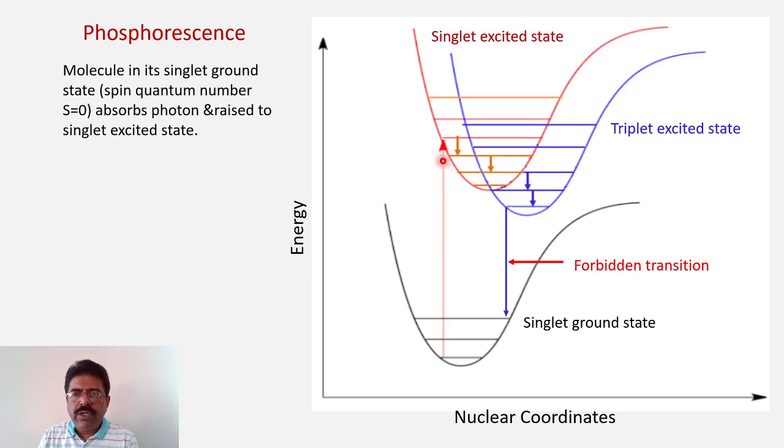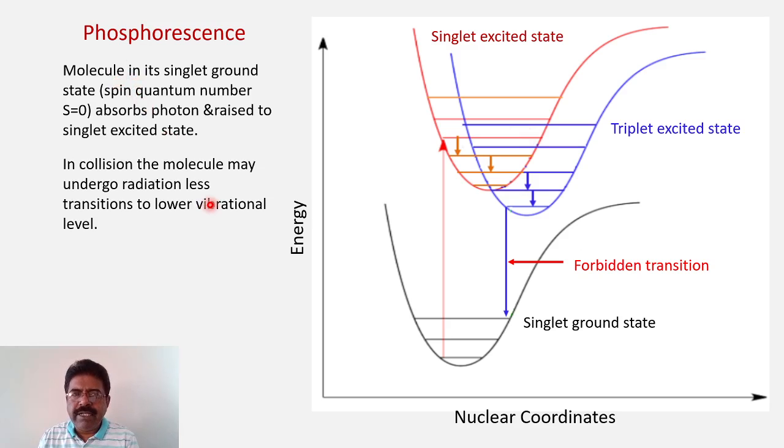Okay, so it will go to one of the vibrational levels in the singlet excited state. So this is the excited state of the molecule because of absorption of the photon. So it will go from the singlet ground state to this singlet excited state, in one of the vibrational levels. Now what happened? The molecule